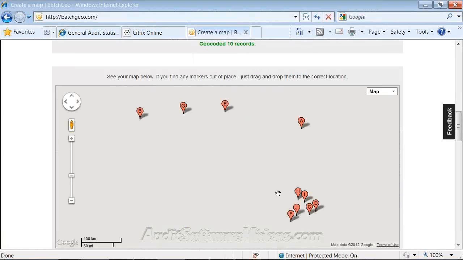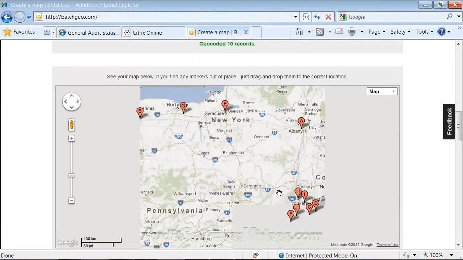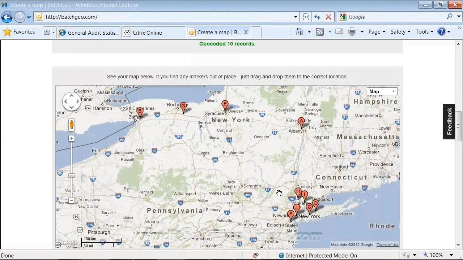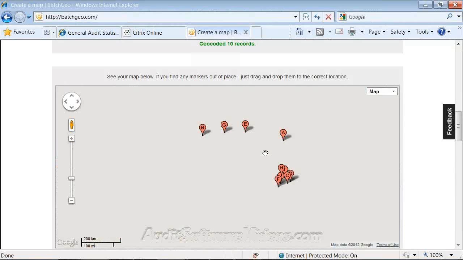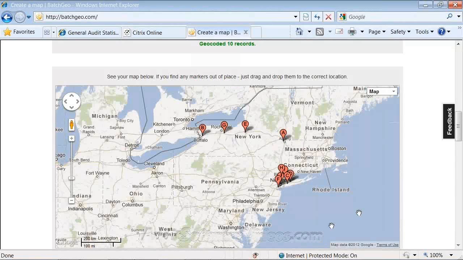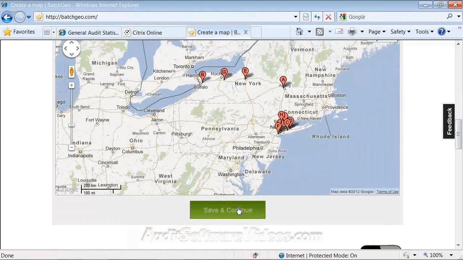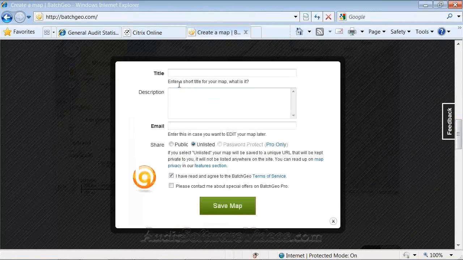If you map 10,000, which I think I did a few thousand in that mapping you were talking about, it'll take a few minutes. It's something where you need to give it some time. Now they have a professional version that's more secure, and I'm sure it works a lot faster than the free version that I'm working with, but it all works, so it's something to look at. And the markers themselves show up, the scores themselves show up. In this case, there's not that many. If I save and continue, I can save it and say, test map.